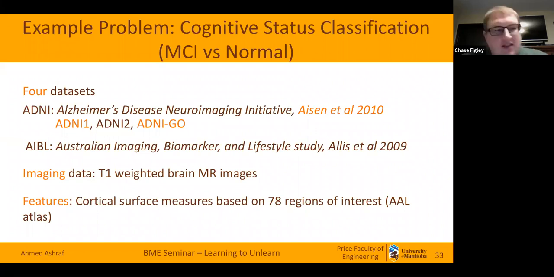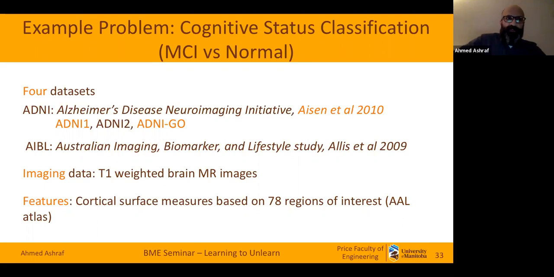Okay, sure. So we have covered the theory, and I'll just quickly go through an example problem, and that's going to be on that data set that I introduced in the beginning for classifying the cognitive status. So basically, these are 4 data sets, which are primarily imaging data, and they're basically T1 weighted brain MRI images. There are 3 data sets that come from this initiative, captured at different points in time, and 1 data set